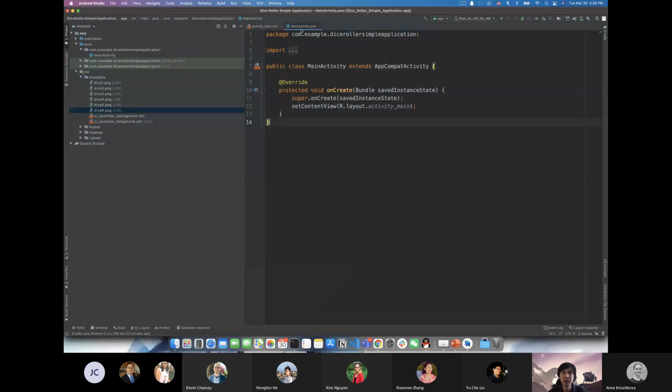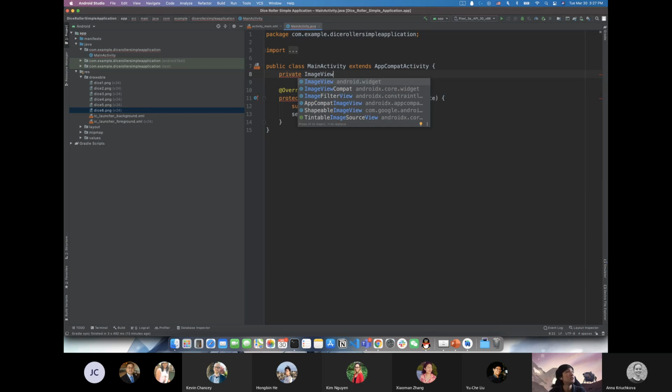Let's create the MainActivity.java. You can see a bunch of code here, and we don't need to modify this part. First, we need to get the front end side, which is the ImageView we just created. In order to use this one, we need to create